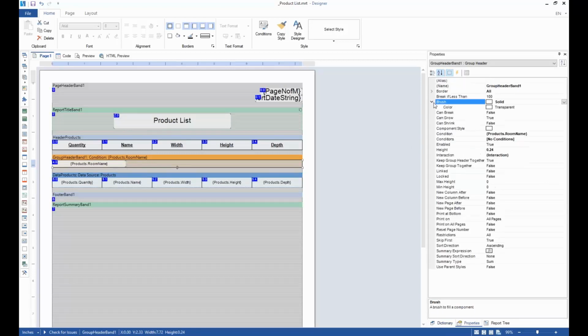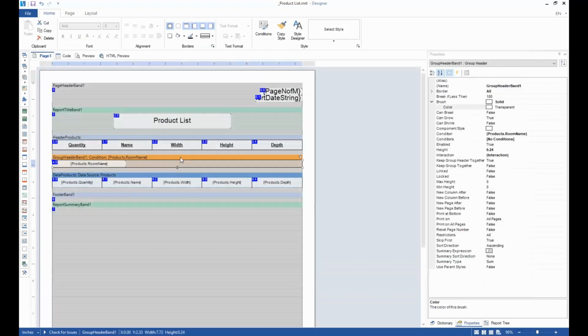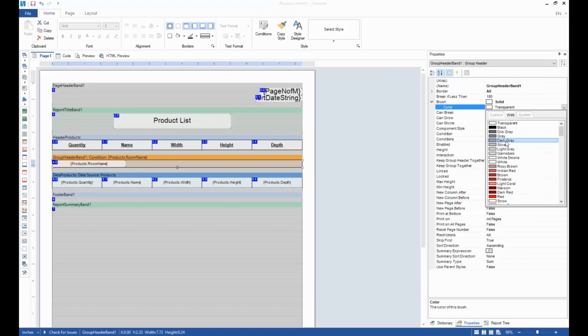I'm going to go to the brush. We talked about this a little bit last time too. The brush is going to have the different color options that you can set for a component. So right now I have my group header band selected. So the properties that I change will change that brush color for my group header band as a